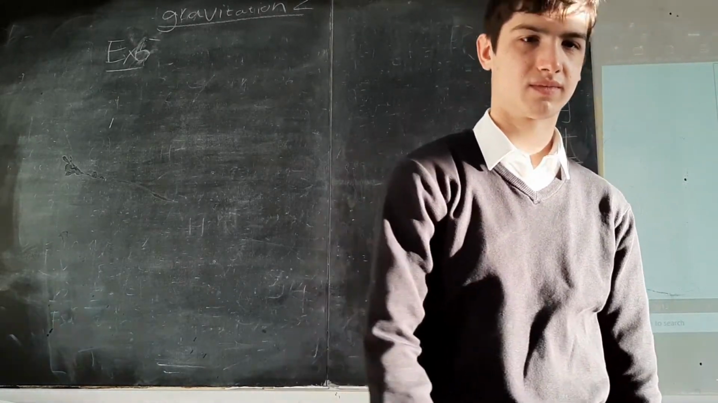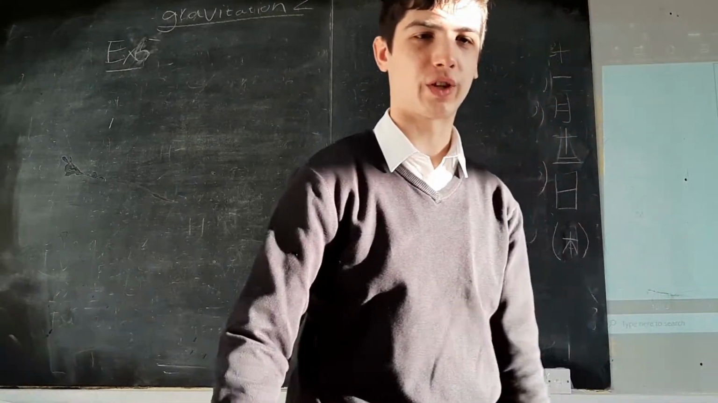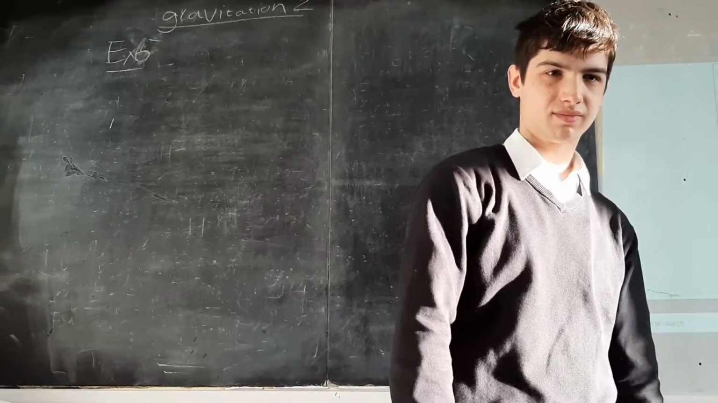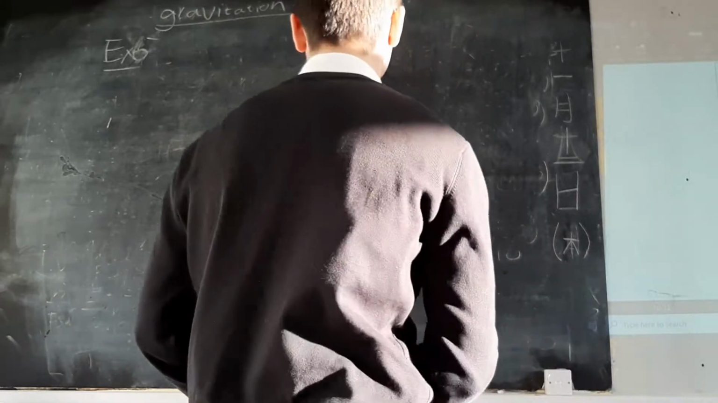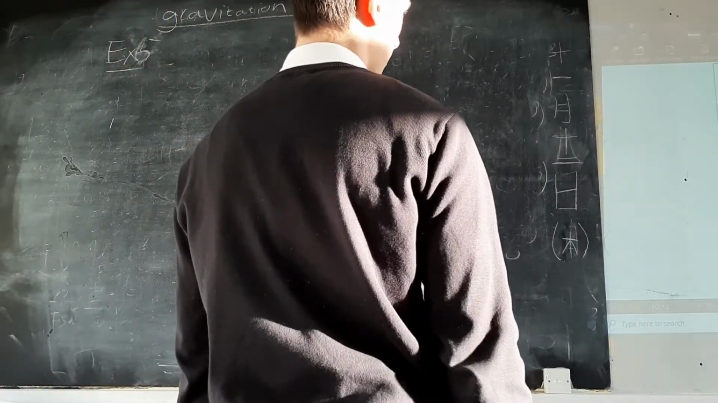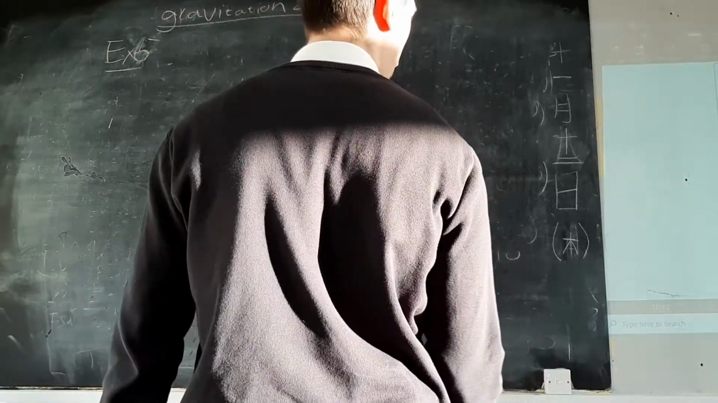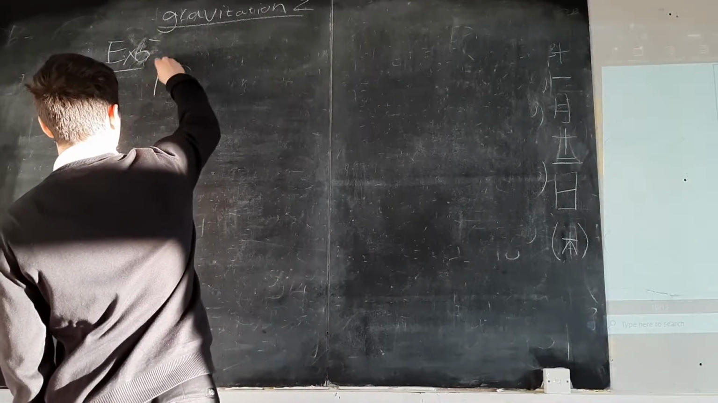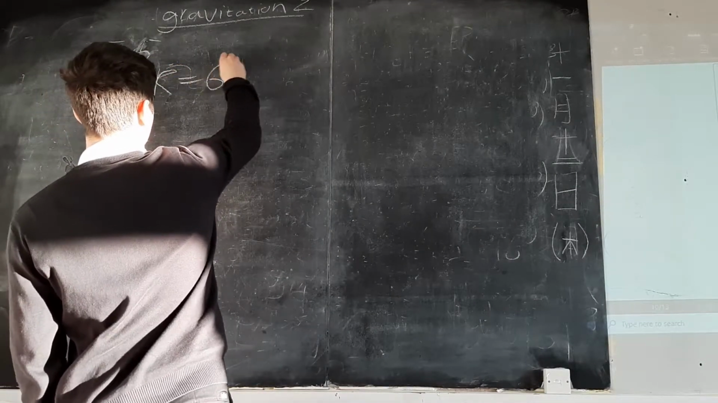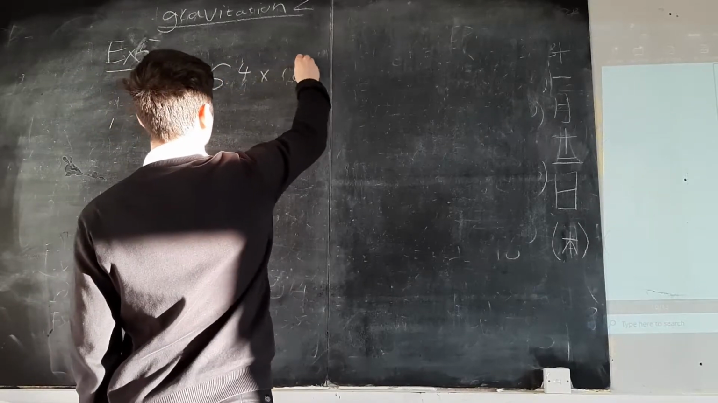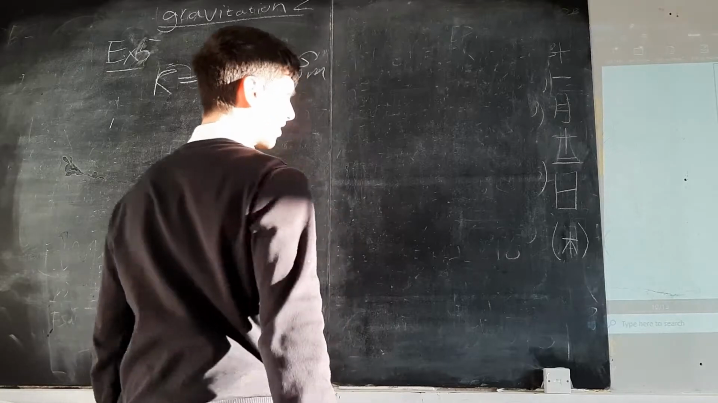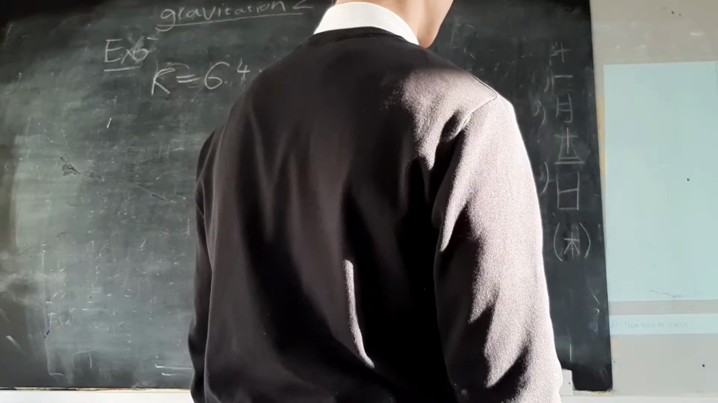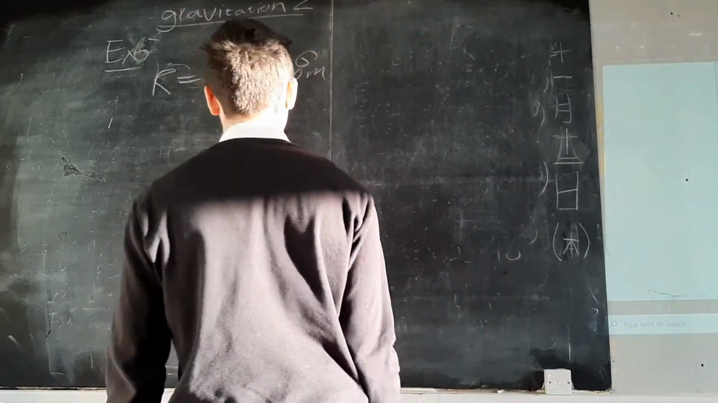Oh, look, it's the exact same question, except we're finding G. Earth. So, a satellite orbits the Earth of radius 6,400 kilometers. So, big R equals 6.4 times 10 to the 6 meters. And the height above the Earth's surface, so H equals